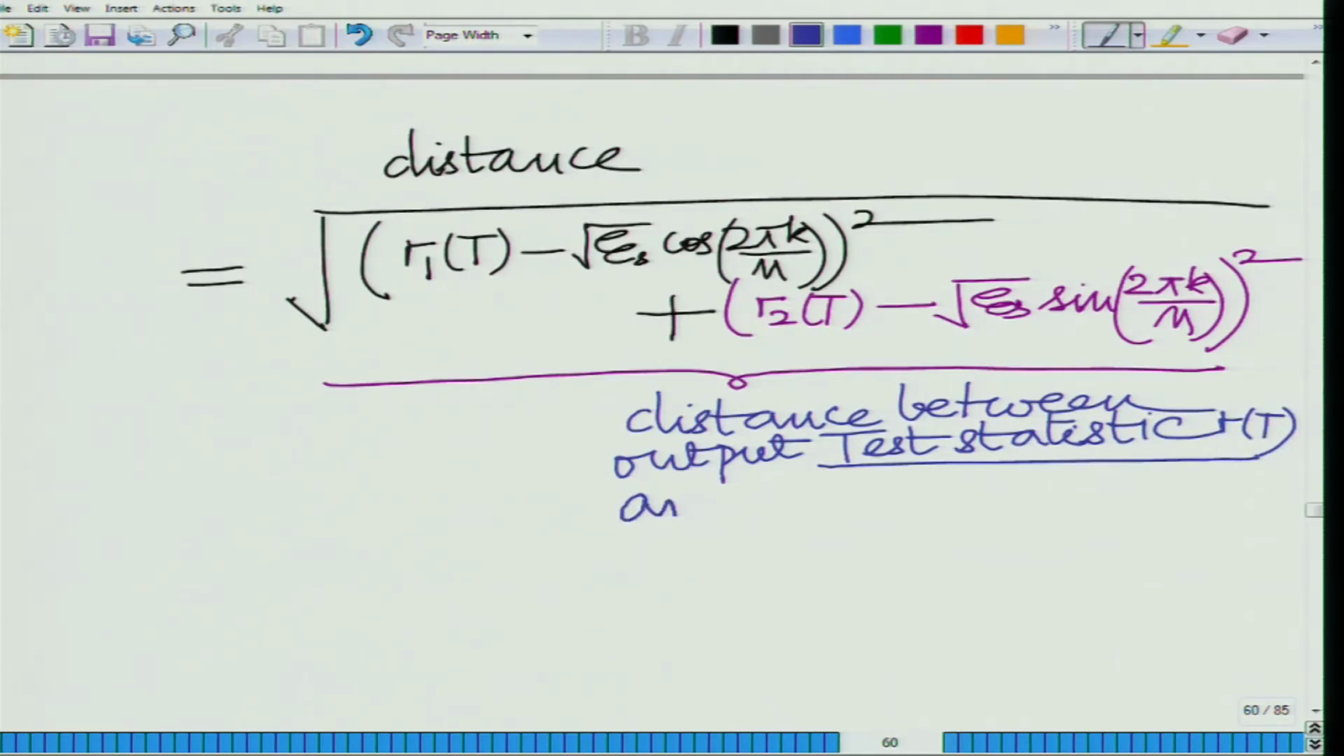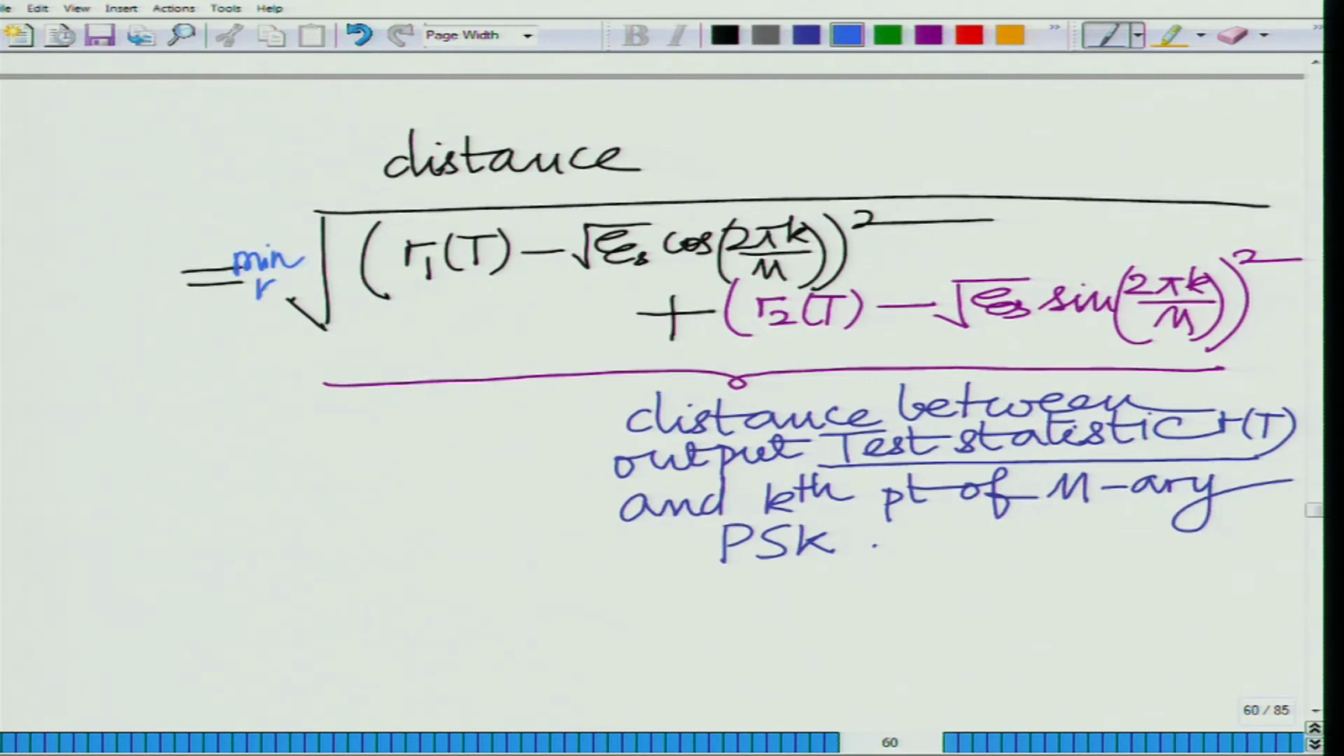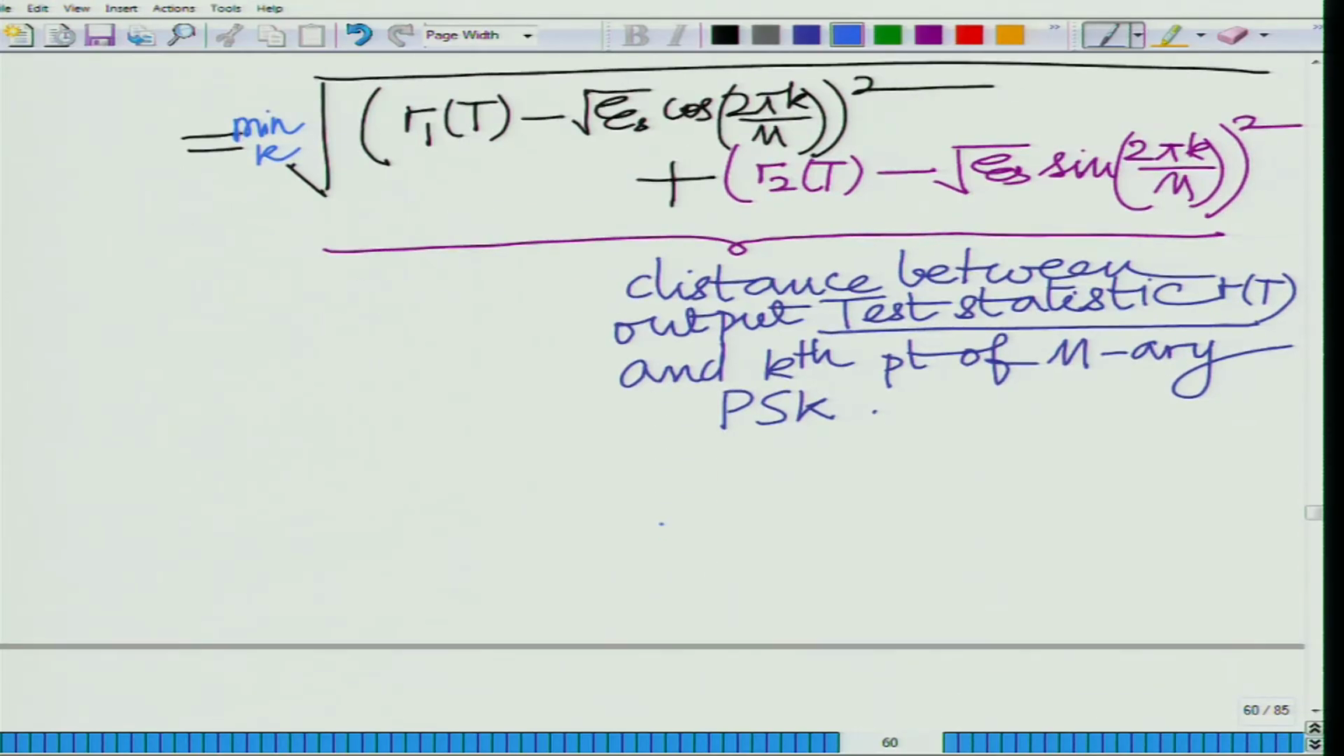The output test statistic r(T) and the kth point of M-ary PSK. And then what we have to do is basically choose the k which has the minimum distance, and this is known as the minimum distance criterion, or the nearest